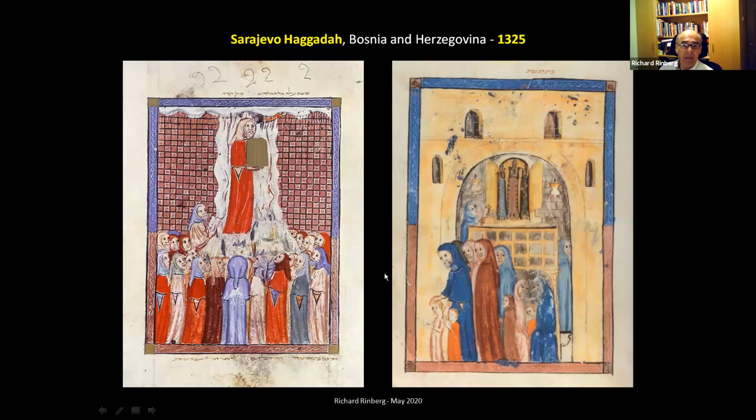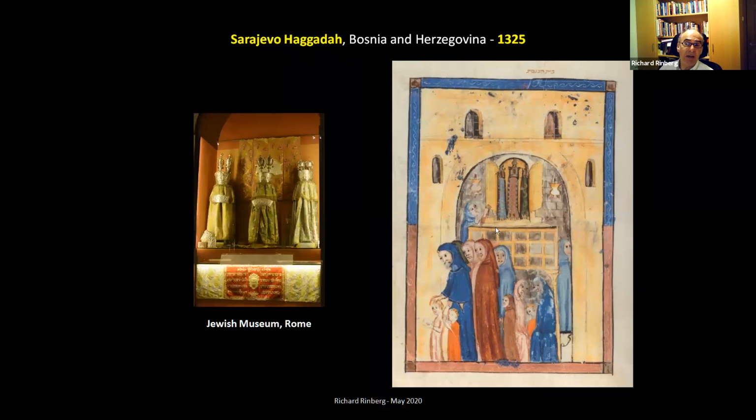And this is in the same Haggadah showing the Bet Knesset with the doors open, and you can see the beautiful Sifrei Torah and how they're dressed. And if you go to the Rome Museum, the Jewish Museum in Rome, you'll see similar dressings, the Me'il of the Sefer Torah here. And a little later, we'll see some of this.